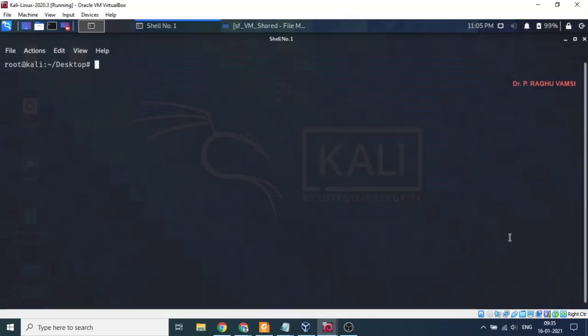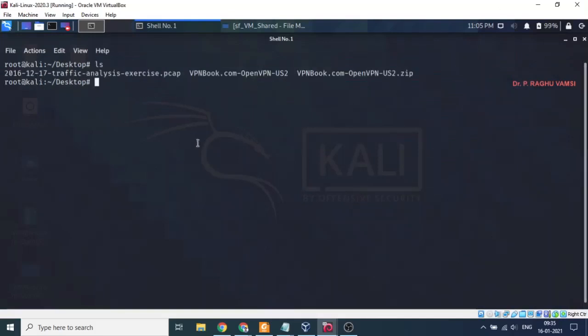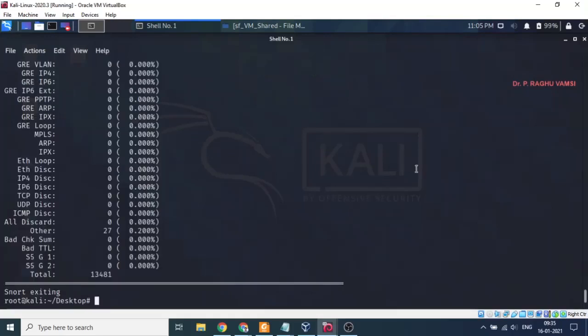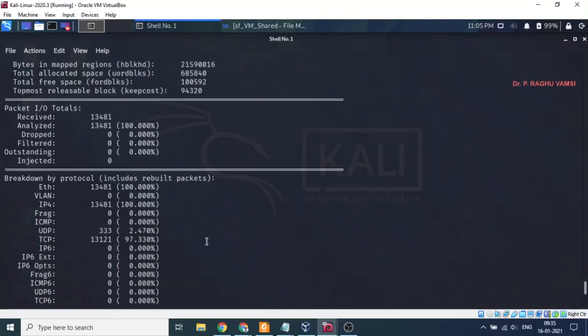So how to analyze the PCAP file? We have the PCAP file, traffic analysis exercise.pcap. snort -r 2016. So this is used for analyzing the traffic. Here it received 13,481 packets.